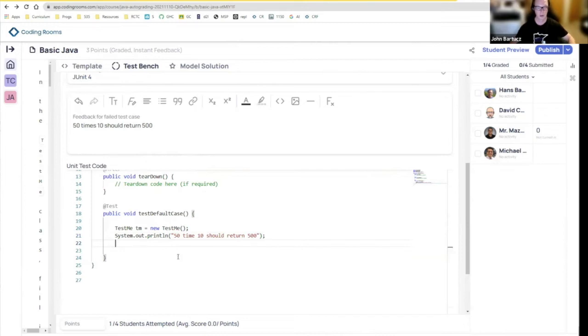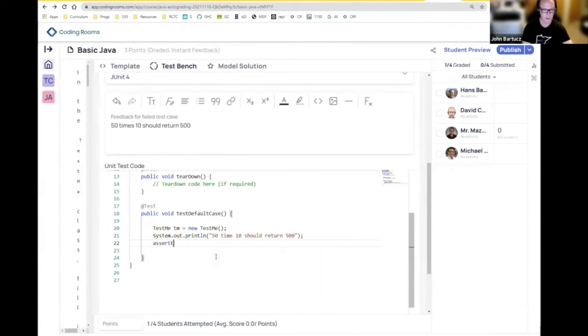And then use assertEquals. And this is the key to unit testing, this method called assertEquals. The first argument is what you expect the answer to be. So I expect the answer to be 500. The second argument in this case is the method that you're calling. So in the TestMe object, I'm calling multiply with 50 and 10. And you can, if you'd like, well, let's run this first, and then